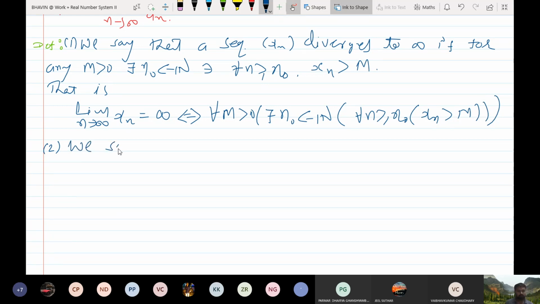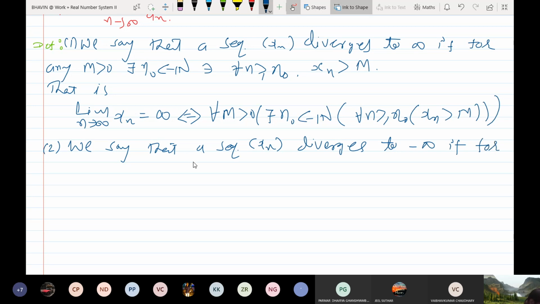We say that xn diverges to minus infinity if for any m greater than 0 there exists n naught belongs to n such that for all n greater than or equal to n naught, xn is less than or equal to minus m. Here I should say m greater than or equal to...